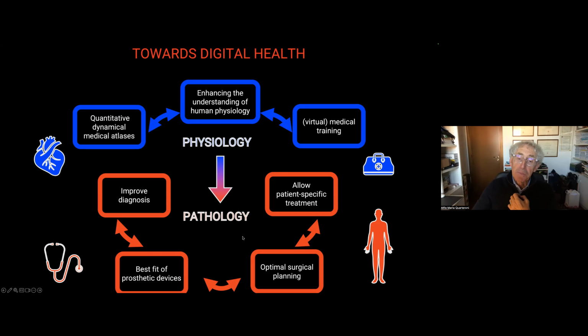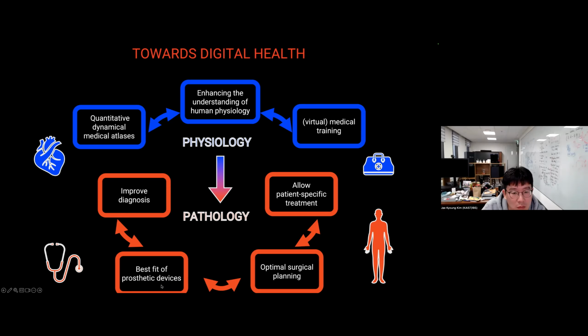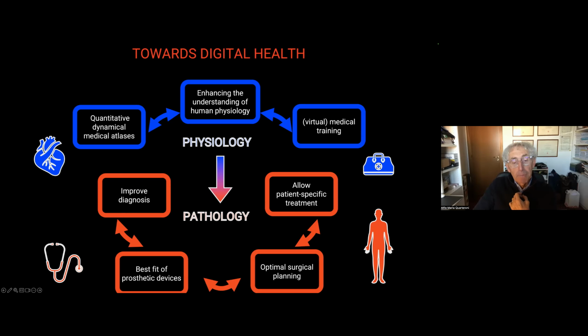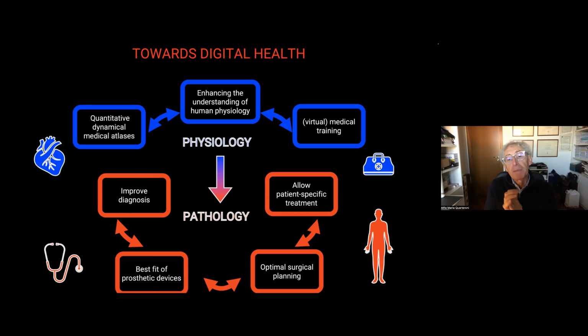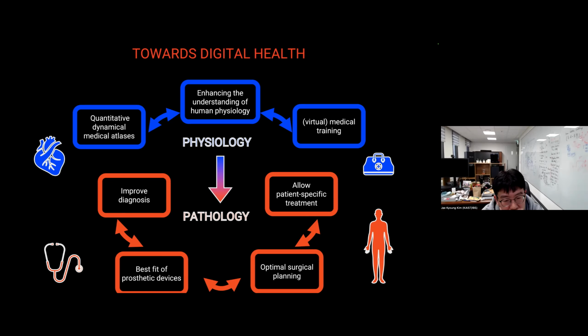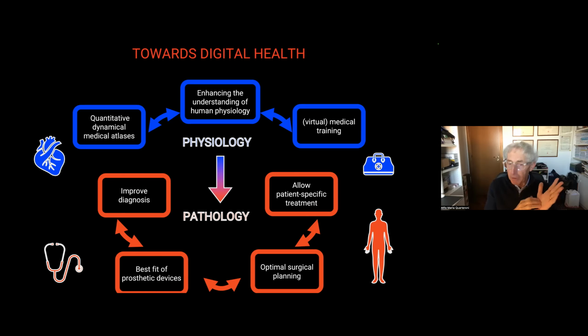Then we want to address pathological scenarios. We want to improve the diagnosis, to possibly allow patient-specific treatments, and to have a better fit of prosthetic devices that better account for the shape of a specific organ of a specific patient. And in the end, optimize the surgery. When you have different protocols for a specific pathology, try to see which one performs better for the specific patient at hand. So all those are examples of problems that